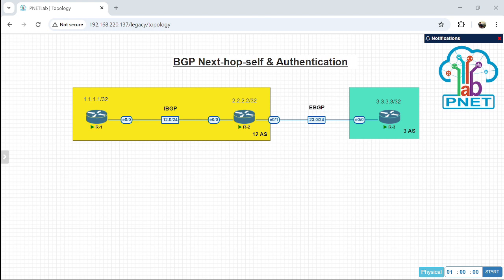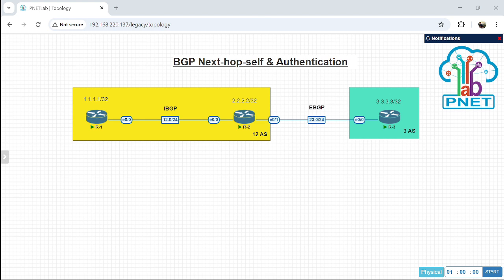Because if we want to ping using BGP, we must use the source with 1.1. So now it works. If we don't use the source, we need to advertise these IPs too, 12.1 and 12.2, into BGP.